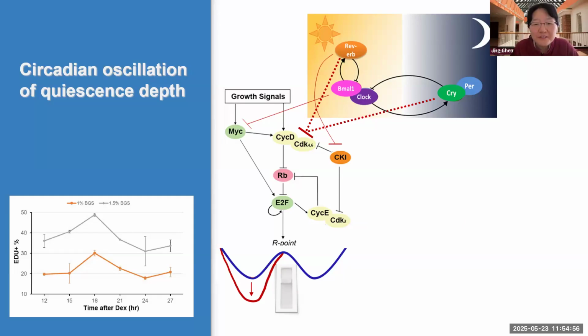So I have another question related to this diagram. Basically, this seems to show that, for instance, Rev-erb is both inhibiting and indirectly promoting cyclin D, right? So what do you think is the kind of signal response that can be generated by that kind of double regulation?